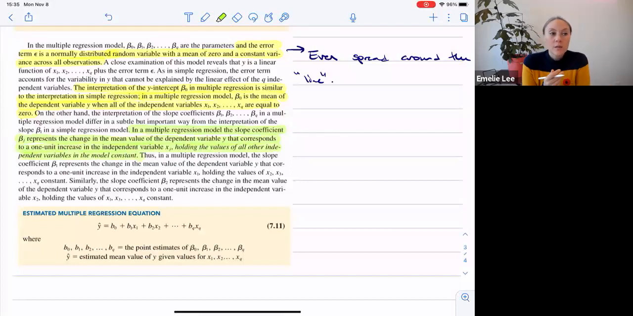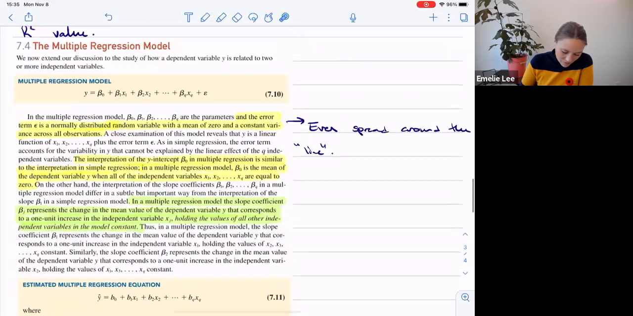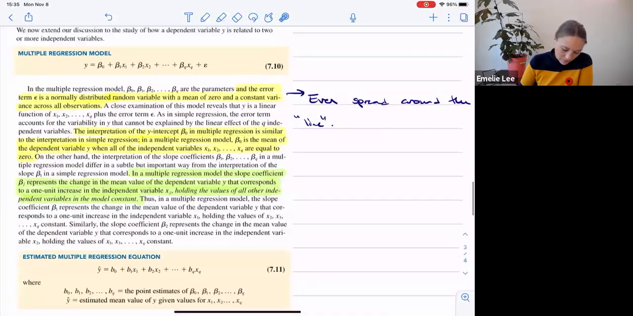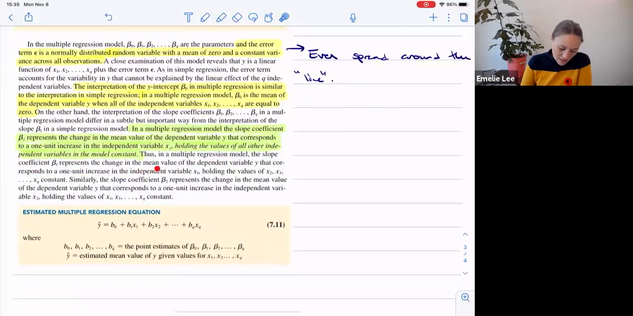Okay, so that's an important change, right? This is where it differs in the multiple regression case, because in the simple regression case, we only had one value of x, and so it doesn't matter. But now I have multiple slopes and multiple independent variables, and so now beta j, which is just any one of these betas, some slope coefficient, represents the change in